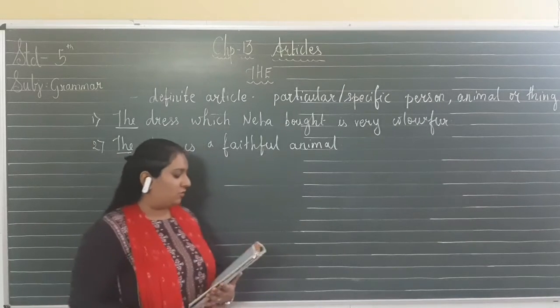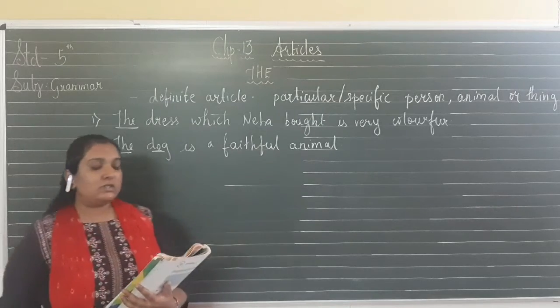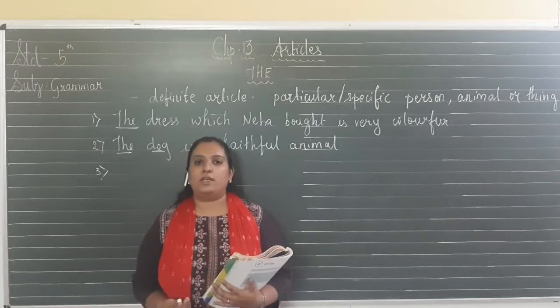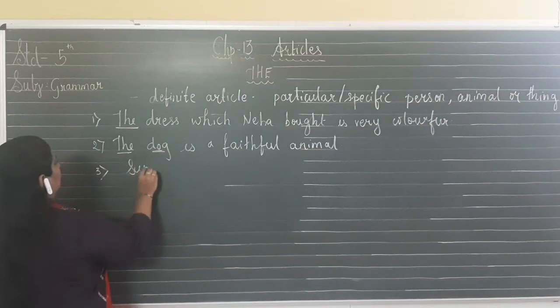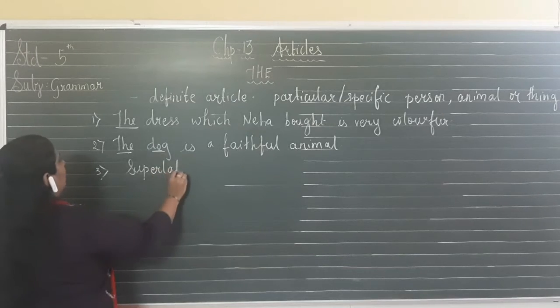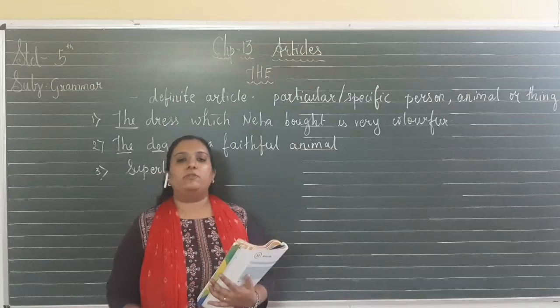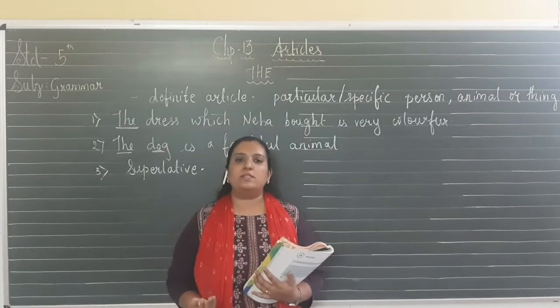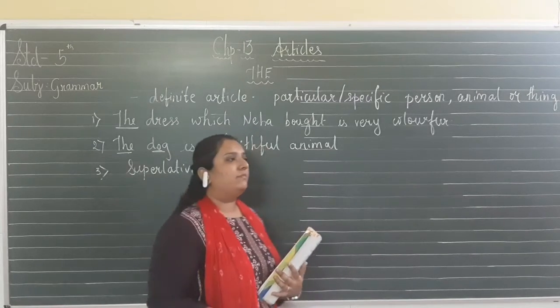Let us look at the third rule. The third rule says, before superlatives and before nouns that refer to something unique. Now whenever there is a superlative, we have already learned what a superlative is in degrees of comparison. Whenever we compare more than two people, things or animals, we use the superlative degree. What is the superlative degree? For example, tallest,